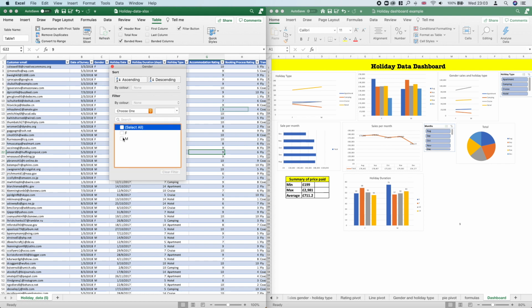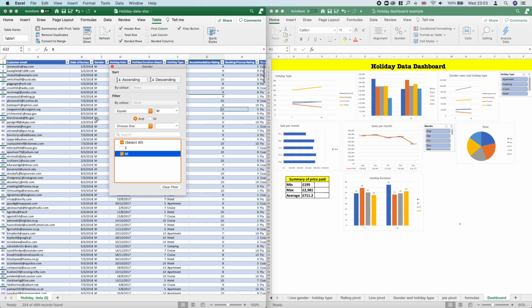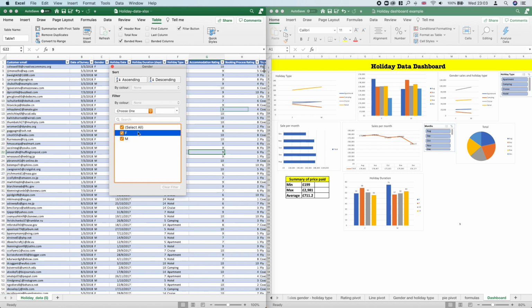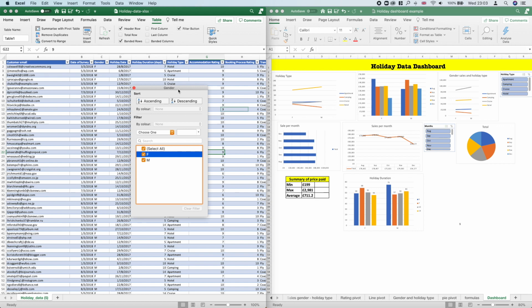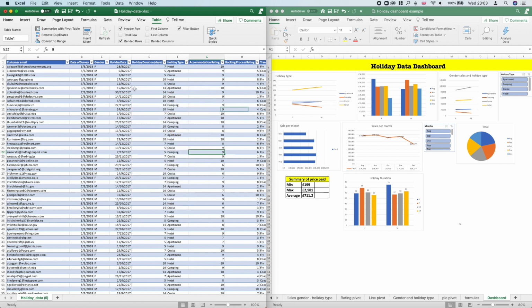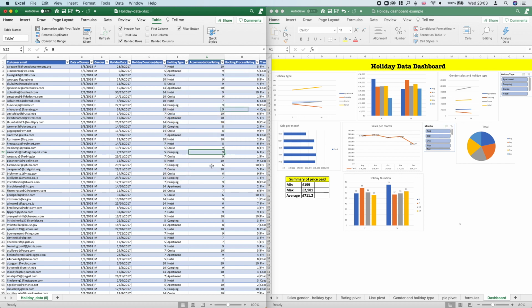So say for example, if I wanted to view all the information for females only, I would click on that, and you can see now all the data that I have for females, that's the only thing that's been selected, and I can do the same thing for males, and that will switch over. So that gives me a little bit of an understanding of the data, and it gives me a little bit of an ability to sort and filter through different columns. Okay, but what this is going to allow me to do is go much further than that